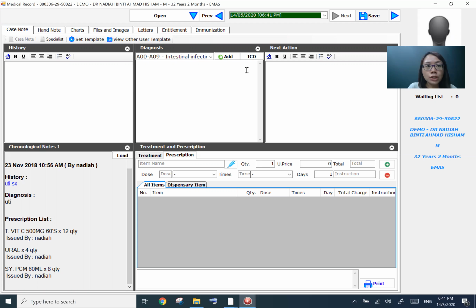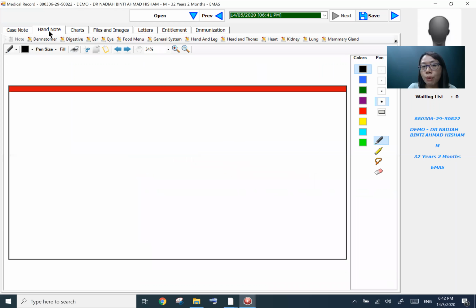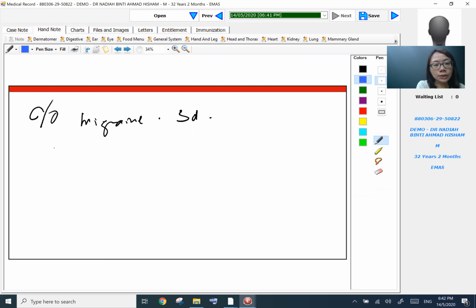But for your information, we do have an option for hand note, whereby you may prefer to do handwriting, a scribbling, rather than using the keyboard to key in. So we give you an option to write. Yeah, so you can put it in like, let's say this patient has a migraine, 3 days. You can also change the color or make it smaller. You can put in your note,